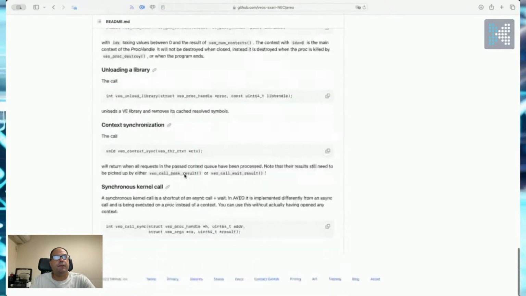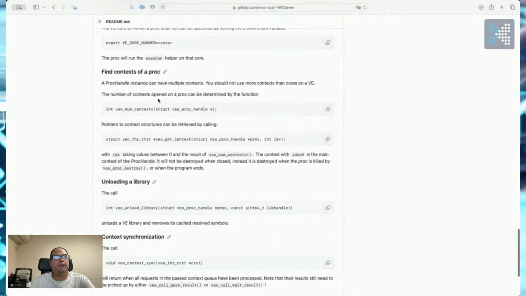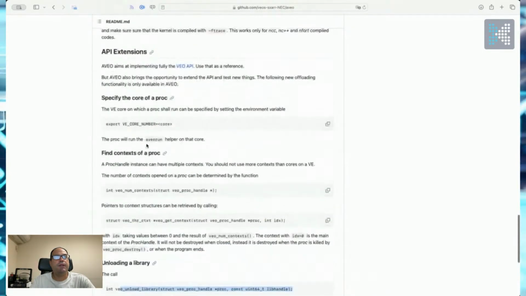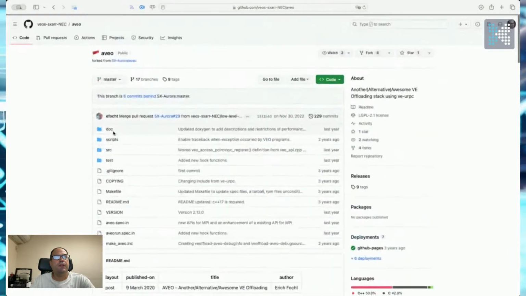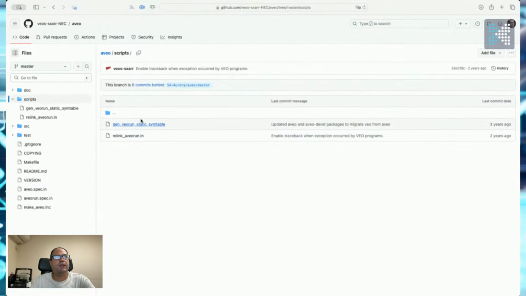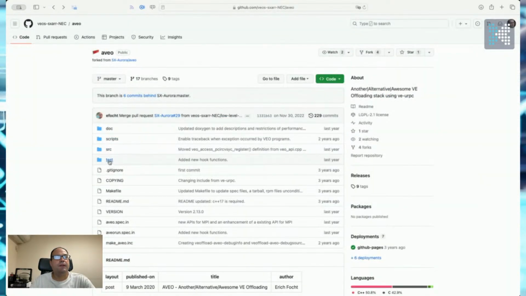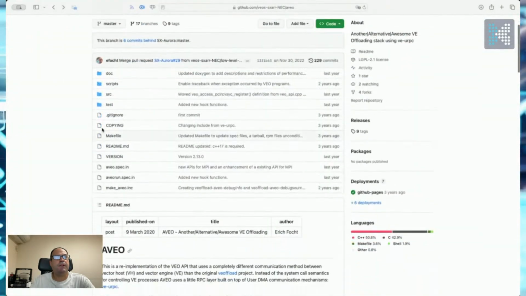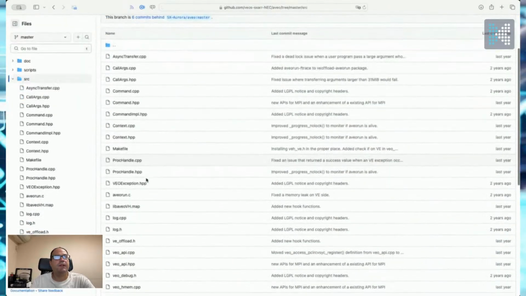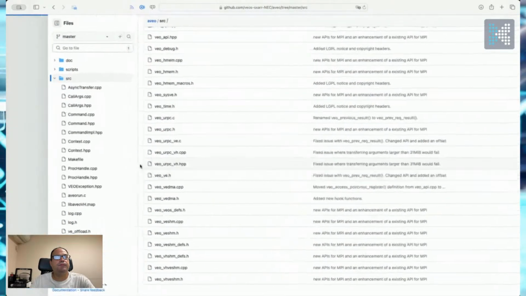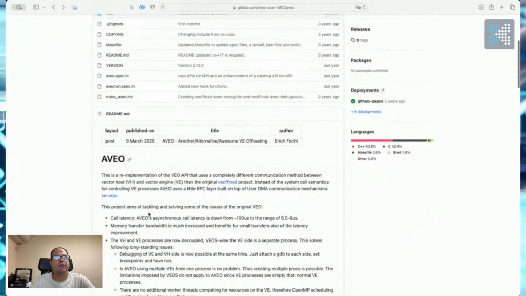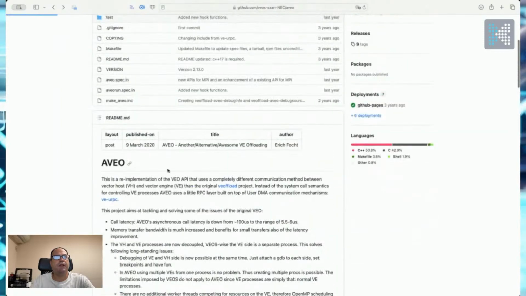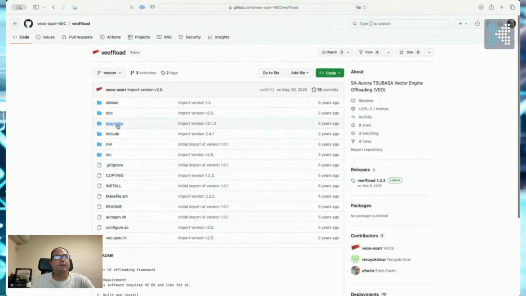And yeah, so we can see here there's a couple of functions. So unloading library is one that's actually kind of slow. But let's see if there's a simple test that we can. Yeah, those are high-level tests. So I kind of want like an example type of thing. There should be an example. I'm pretty sure I've seen an example somewhere. Maybe it's in the VE Offload. Let's look at the original. Yeah, the original had